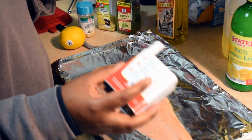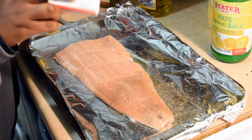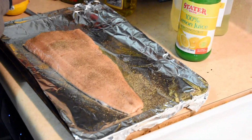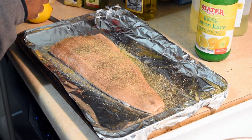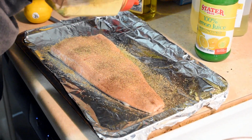I have the black pepper, and my garlic powder, lemon pepper seasoning,